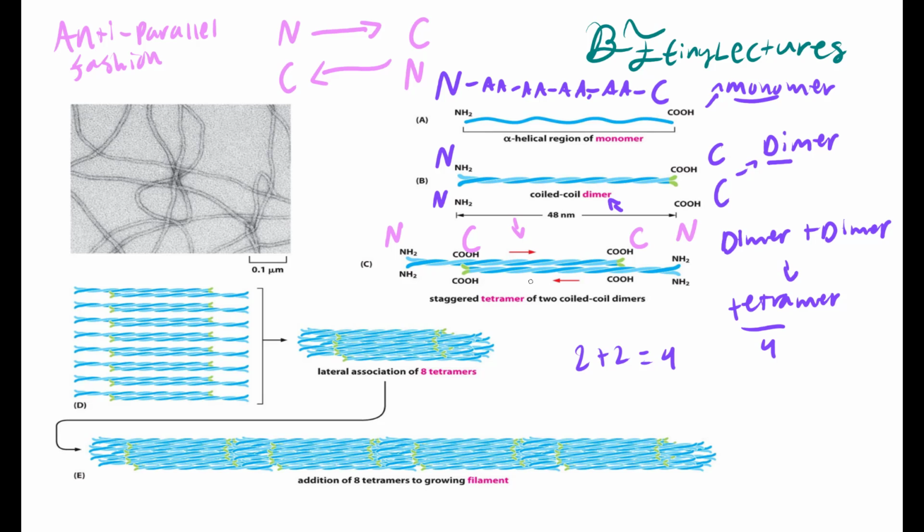So if I get 8 of these tetramers, and I combine them going from the anti-parallel, right? I can combine them and I can make a full intermediate filament. So again, I will repeat myself. If I take 8 of these tetramers, you can count them, 1, 2, 3, 4, 5, 6, 7, 8. If I take 8 of these tetramers and I line them up again in an anti-parallel fashion,